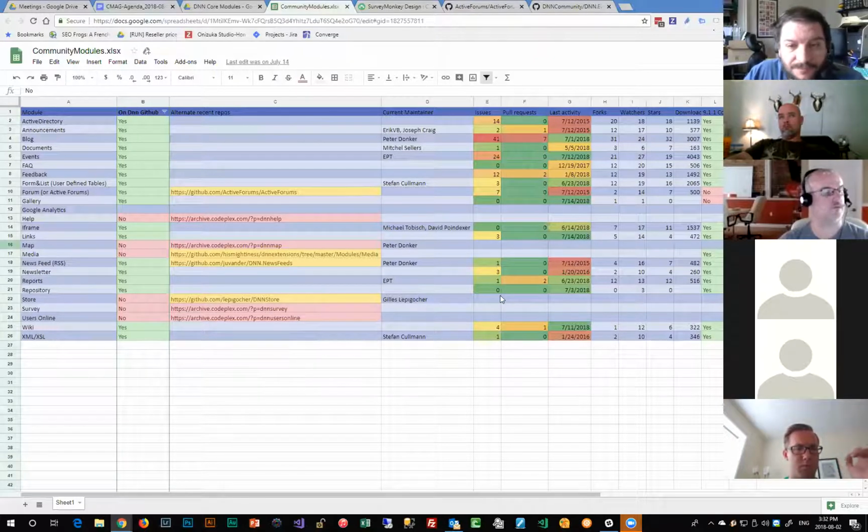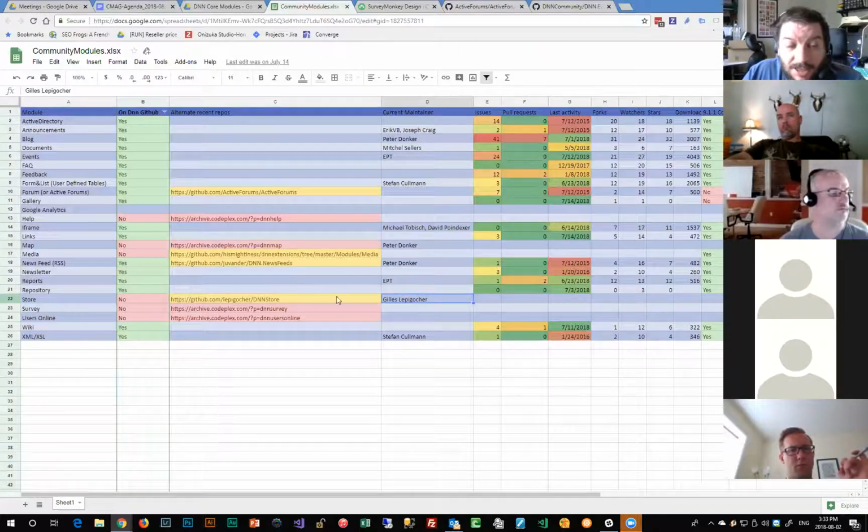And Store is a very complex module, for example. But I know that there are lots of sites using it. I don't know how many sites are still using it, but according to the stability of DNN users, I could imagine that there's still a few hundred sites, or maybe even 1,000 sites, still using the old Store module. Yeah, or derived